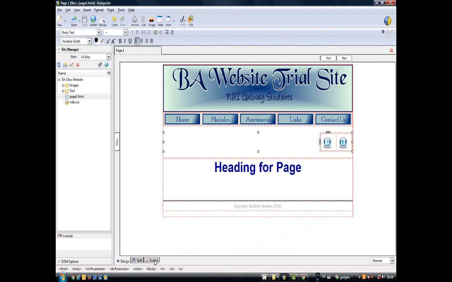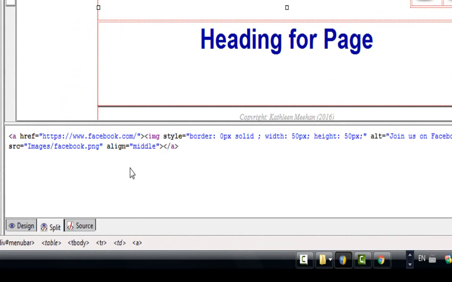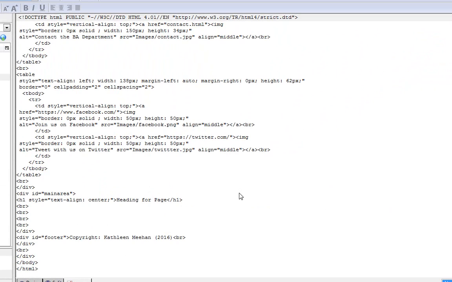So I'm going to go to the source, or I might just split it actually, and again we can actually see what's going on here, but that's not really enough. I need to see more text before it and after it. Okay, so I need to see more, so I'm going to go to full source,